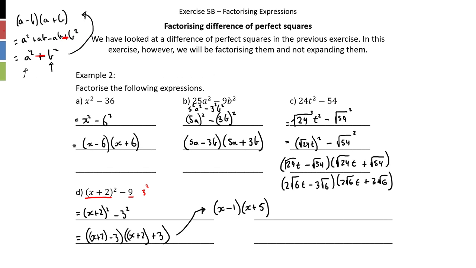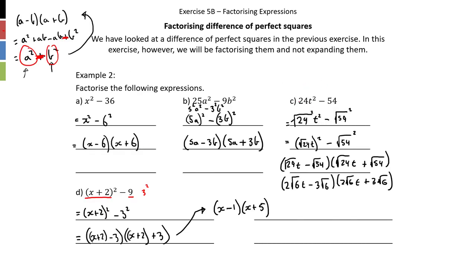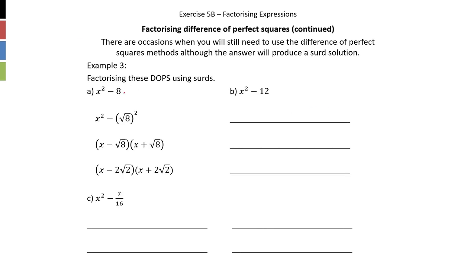What are we looking for? We're looking for the first term squared, subtraction, second term squared. If we get that, we can use it. Okay. As we saw here though in section C, sometimes you have to use a surd to get this to work. So this is an example of it. We had x squared minus 8. Well, 8 isn't a perfect square, so we go square root of 8 squared. Split it using our difference of perfect squares and then